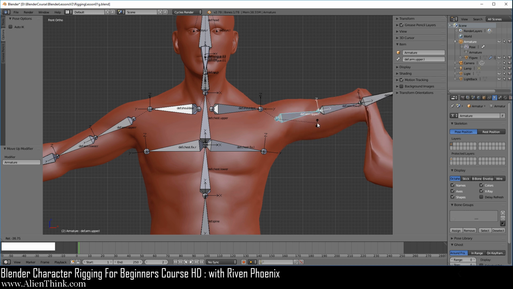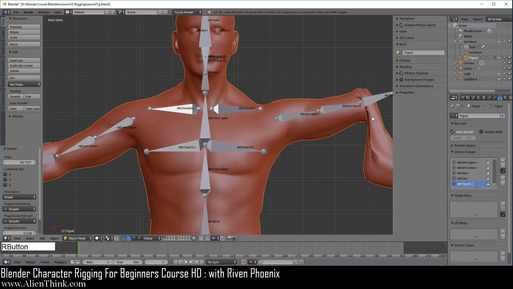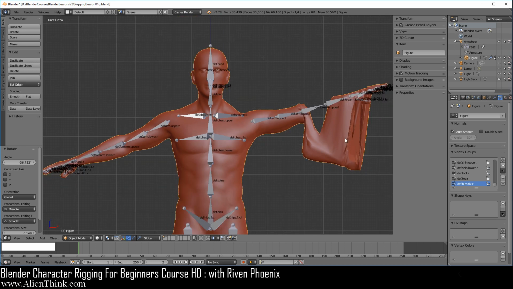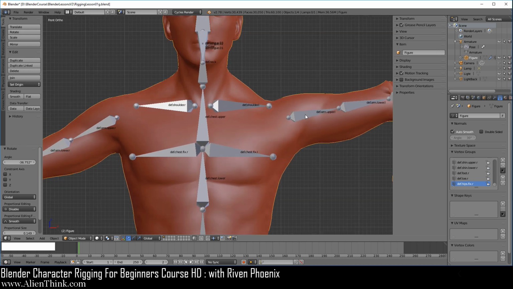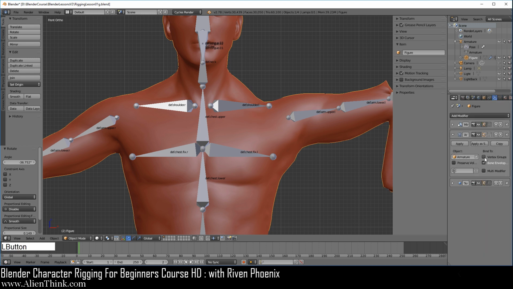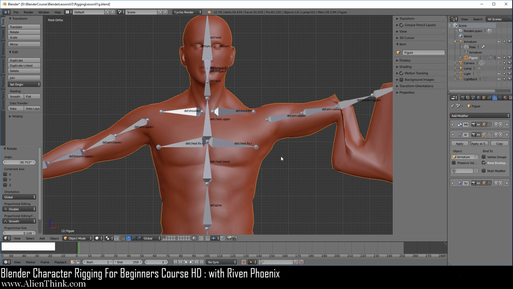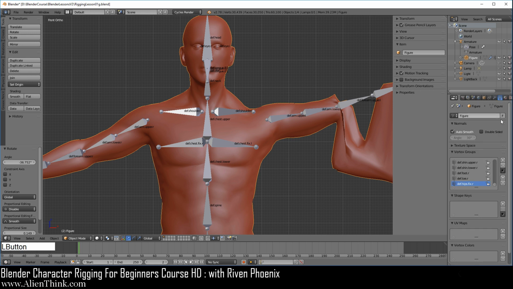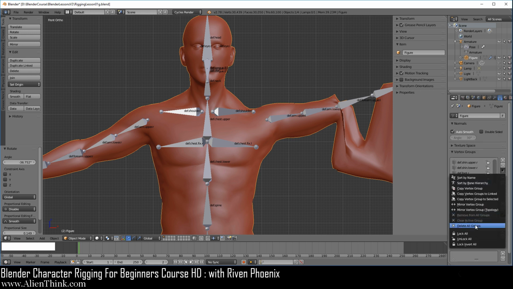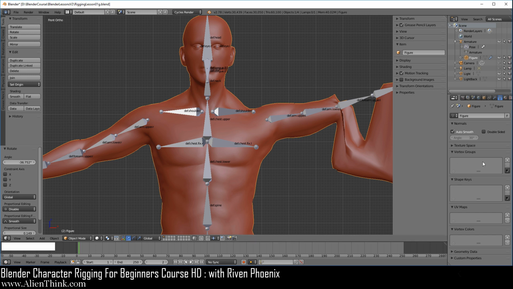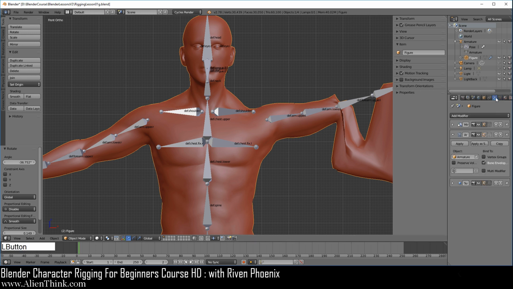Okay, so we're here, we're just going to pose this and move this up over here and click on the figure. Don't worry about this weird deformation because we didn't do anything about that yet. Now, if you click over here on the figure and go over here and now do bone envelopes again, you can see that right now it's just using the bone envelope. It doesn't care about your vertex group. And if you click on the vertex groups and click over here and now delete all, you'll see that nothing changes. It's because it doesn't care about vertex group. So bone envelopes are basically being done in real time. So this is something we are not going to be using when we are rigging our character.